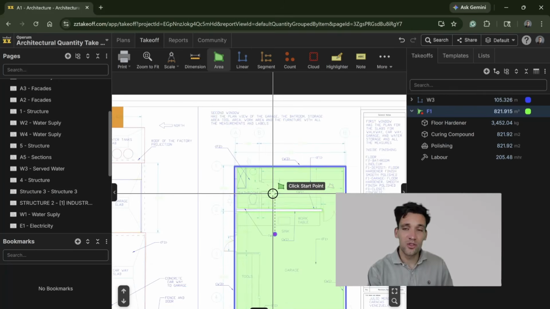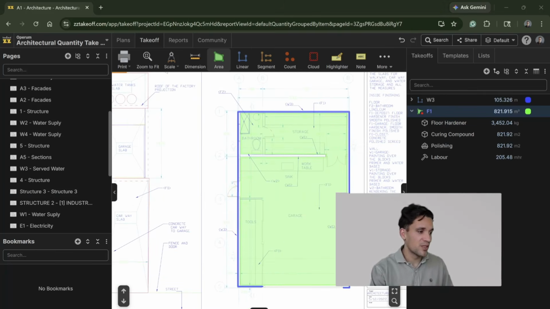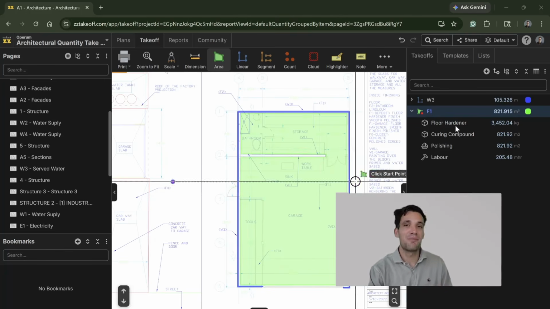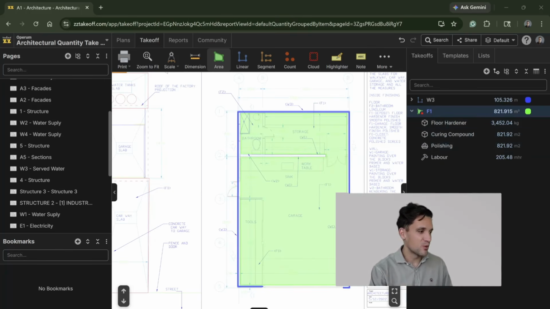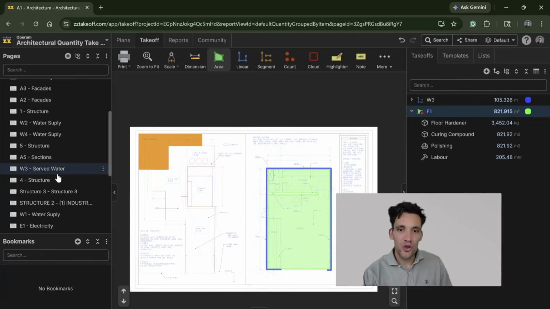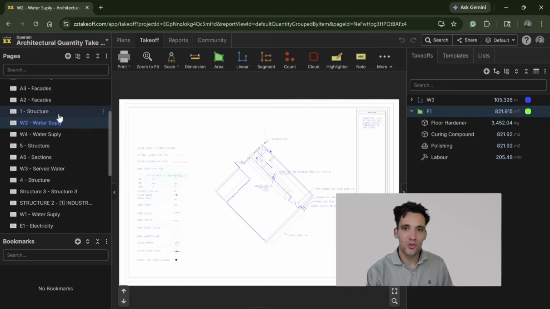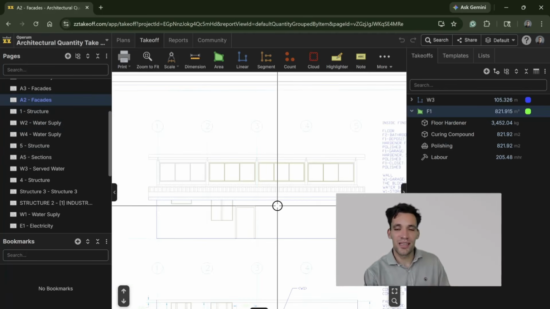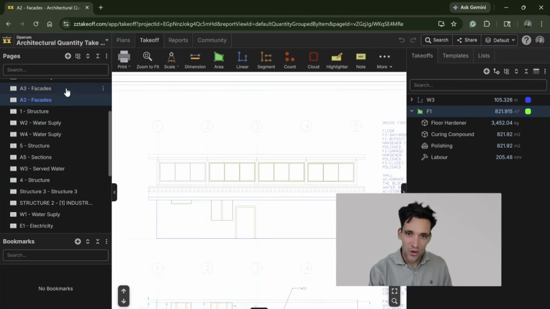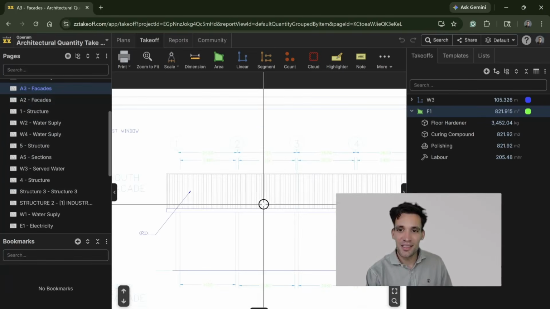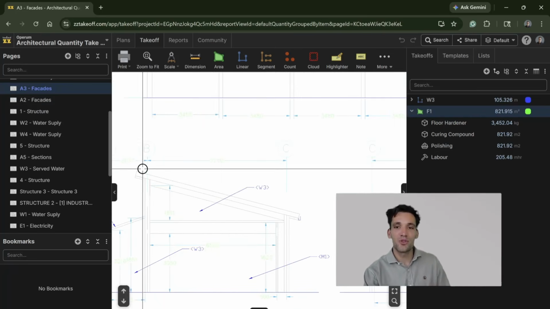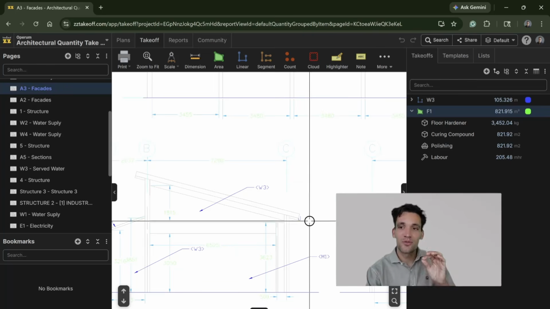Now, doors and windows: you'd build an assembly of the actual door and window itself and the components you need around that. And instead of those being a linear or an area, you simply count those, but it's the exact same concept as building up your assemblies. And for any sort of external facades or architectural work, if you have sloped roofs or things like that, that is where you have to pay a little bit of attention. You might be better off using an angle where you have a heavily sloped roof, or you can do this from a plan view, but you just have to make sure that you're factoring in the slope of